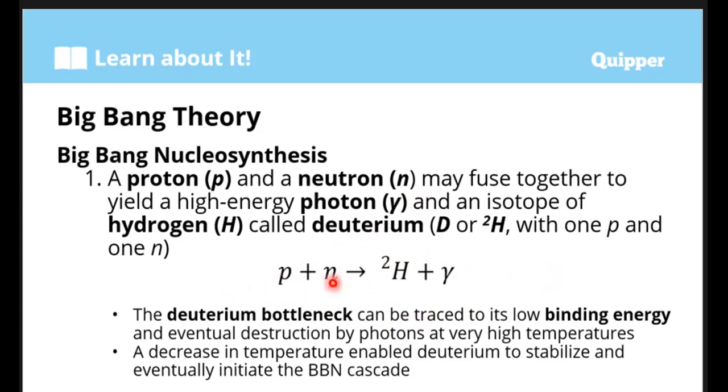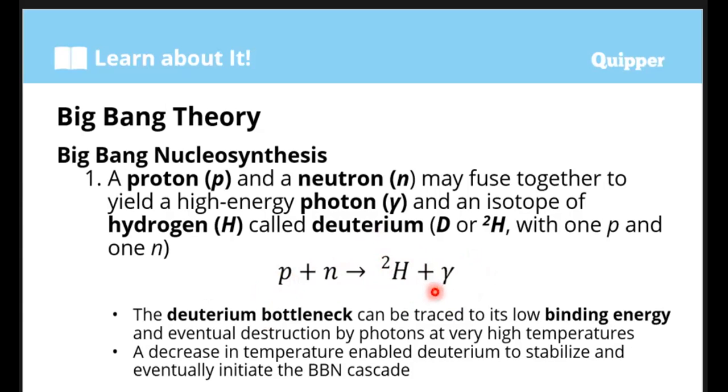This arrow symbolizes the product after the fusion. So 1 proton and 1 neutron are being added, then there exists a deuterium, a hydrogen. As you can see, this is still H as the symbol of hydrogen, but the mass number is now 2, and it is formed. This particular formation of deuterium